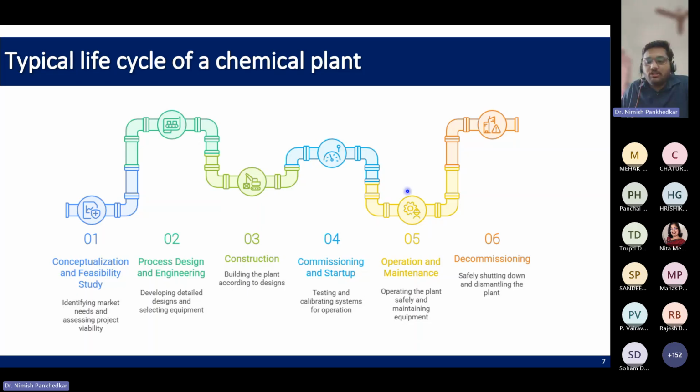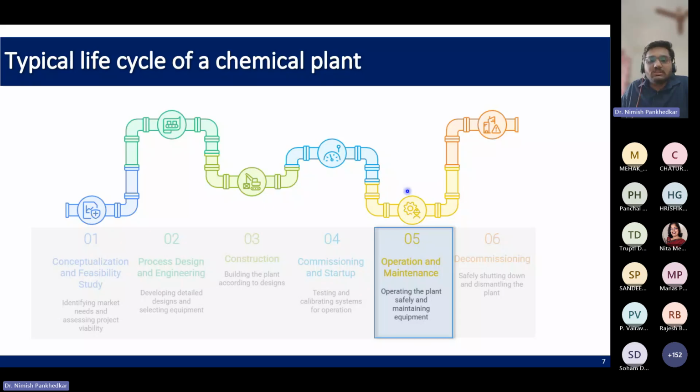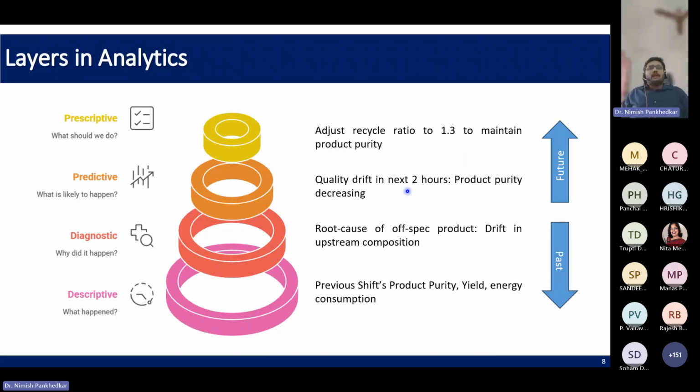I'll be focusing on the fifth stage, that is the operation and maintenance, because we have a lot of data in this bucket since a lot of years, and the maximum value addition done so far is coming from this bucket, because as it says, it's day-to-day operation, so it hampers day-to-day, and a lot of research focus is going into this bucket as well. So coming with this motivation and introduction, coming to the actual concept, I'll first start with the different layers in